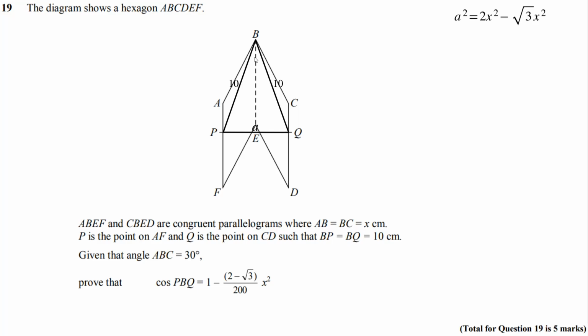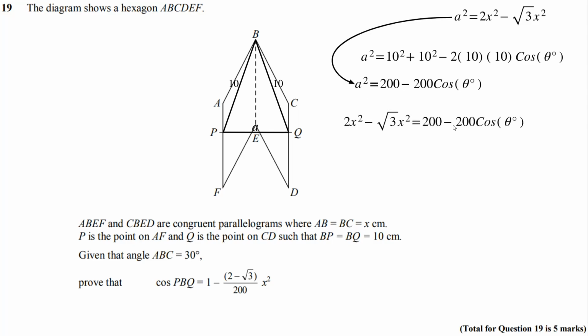Cosine rule again, surprisingly. So we've got this angle here, and we've got the two lengths on both sides. We don't know what this angle is, but we can forget about it because we've got this length here. So if you've got three lengths, you can work out any angle in the triangle because it's just cosine rule. So this is going to be a squared equals this squared plus this squared minus 2bc cosine of this angle. So just put that into the equation like that. And like I said, this a squared, we're going to be using it again. So there was no point of square rooting this just to square it again. So we can just leave it like that as a squared, and then now we can put it in here